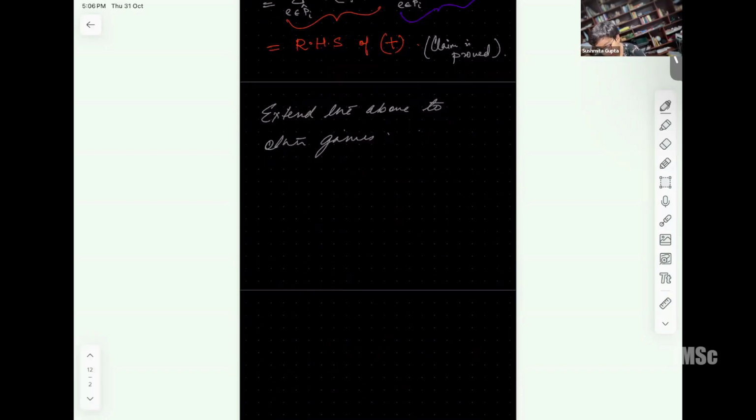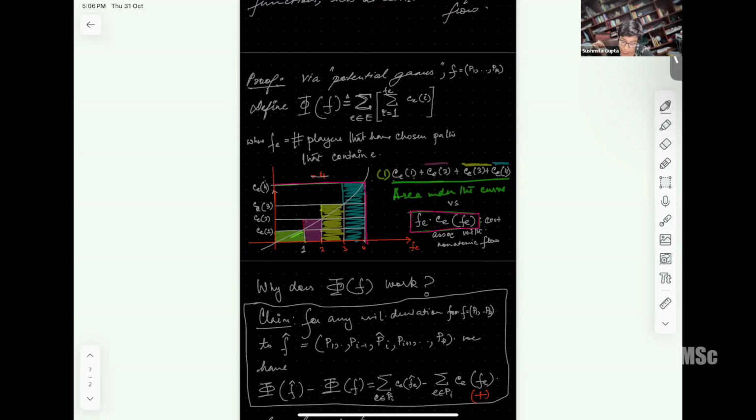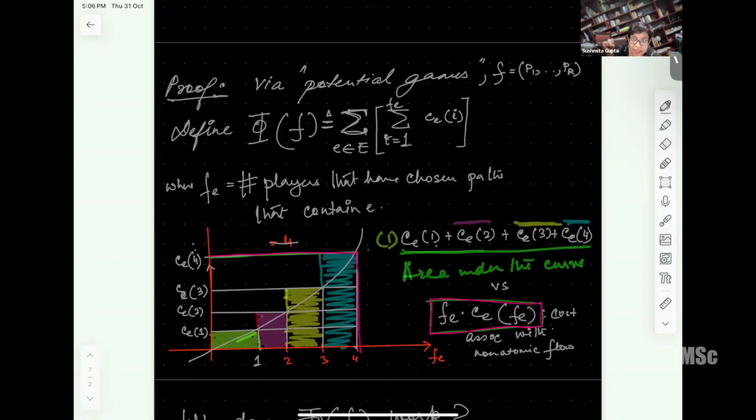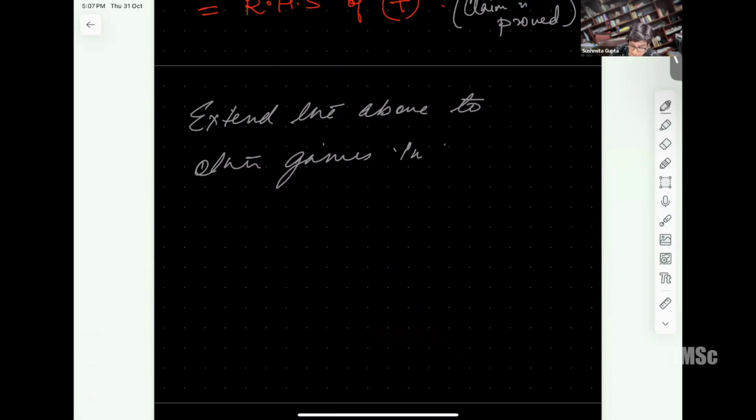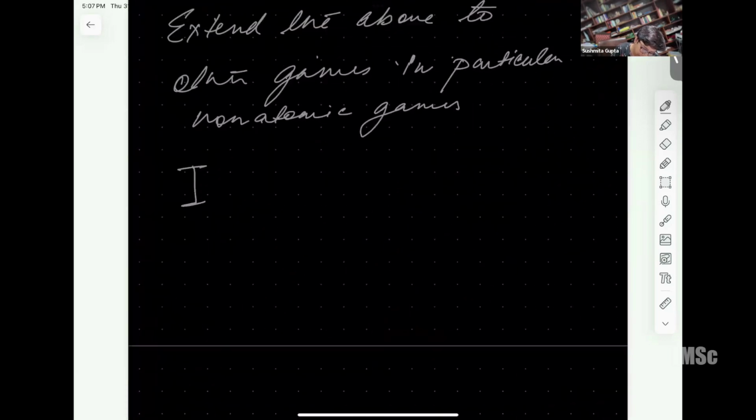When we define the potential function, we are not really making an explicit mention of any of the individual players. But the primary difference between a non-atomic and the atomic game scenario is that in the atomic game scenarios each player has non-negligible control over the traffic and the way the congestion builds up, and in the non-atomic setting it does not have. But even though it is not explicitly mentioned in the formula, we can basically replace games by defining this way.